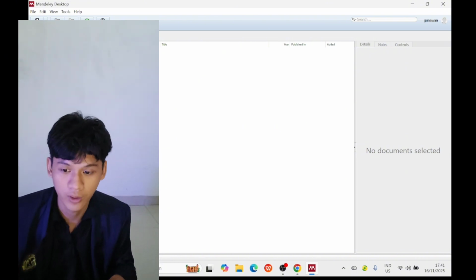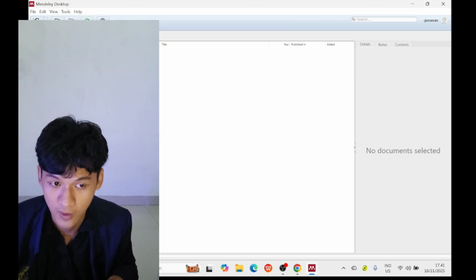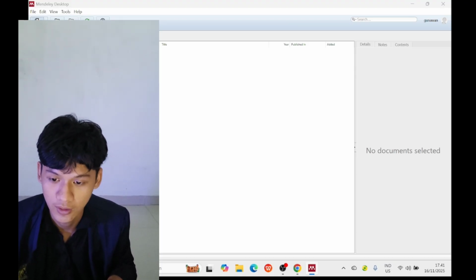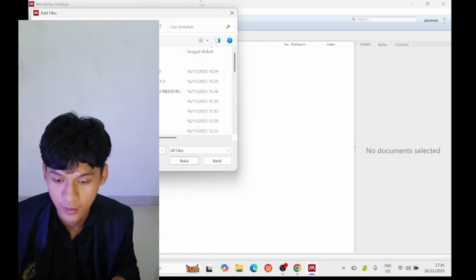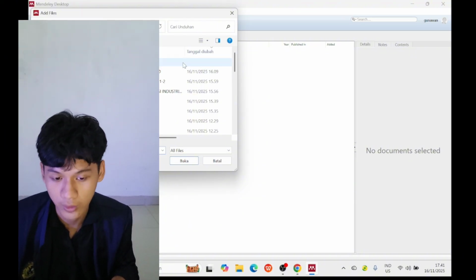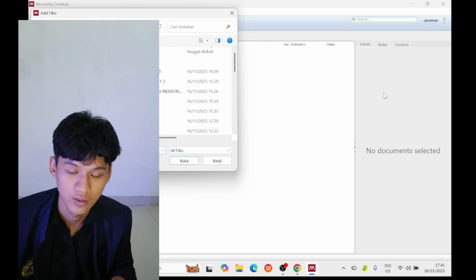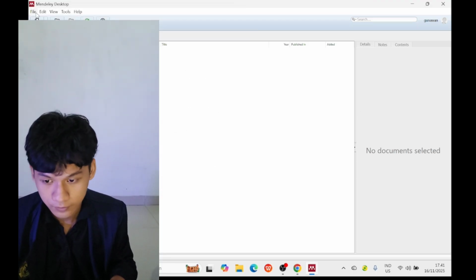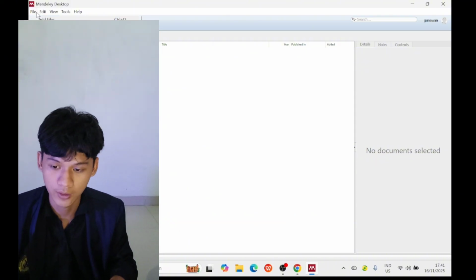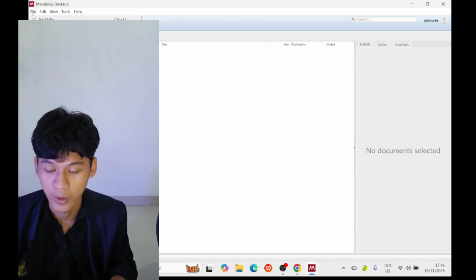For the simple way, you click this button, search for your PDF file, and drag it into Mendeley. If you want the manual way, click this file button and add entry manually.